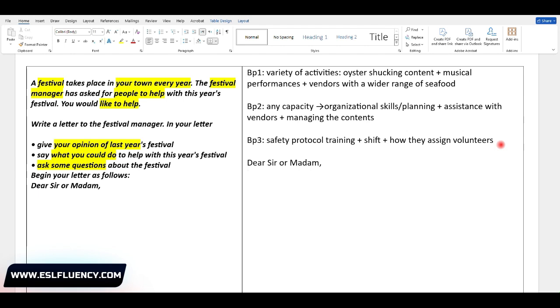This should be done in a very short and concise way. So first, I would say, I hope this letter finds you well. And now we are moving on to the purpose of the letter.